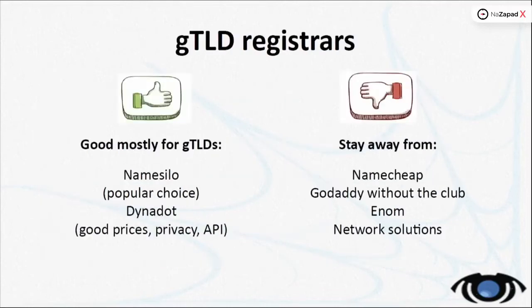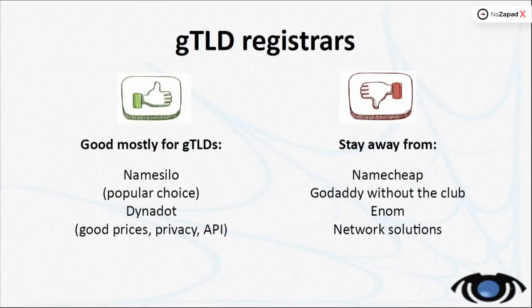So, going to the registrar part, the most important choice you have to make with ccTLDs, and gTLDs too, apart from which domains to buy, is where to buy, which registrar. I already said, and I'm going to say it again, no resellers. A reseller is just a middleman who charges you extra money to be a proxy between you and the registrar, which you can only lose from, in terms of finance and in terms of problems. When there's a problem, you go back to the reseller, to the registrar, to the reseller back, and to you, which is a nightmare. So you should use directly accredited registrars every time it's possible.